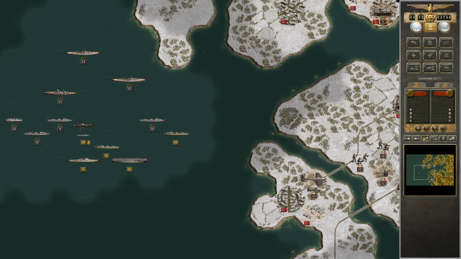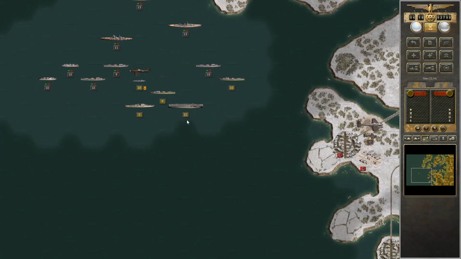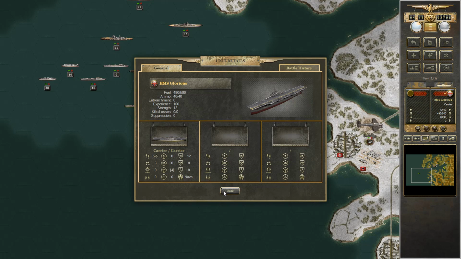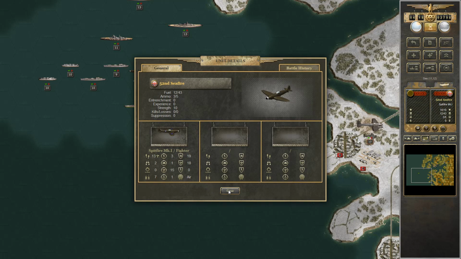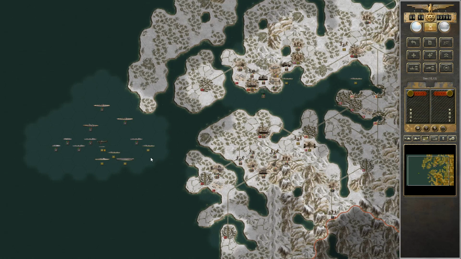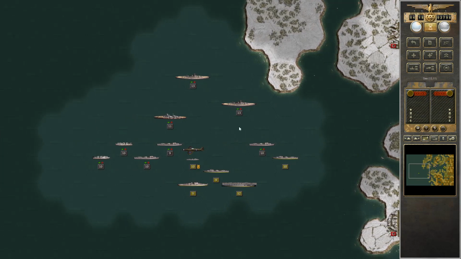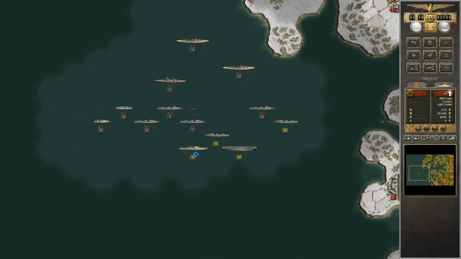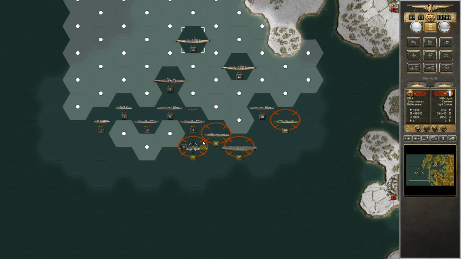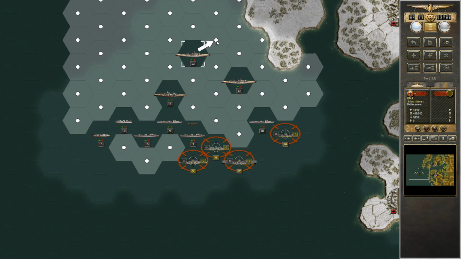Let's see, it has 12 fuel. If I destroy it or destroy the carrier now, it will not be able to refuel. And it will pretty much just crash into the sea, I think. 12 is 1, 2, 3, 4, 5, 6, 7, 8, 9, 10, 11, 12. Yeah, then I just need to make sure that my air units are on this side. And then I should be fine. Now, I did have a 5 range. You have a range of 4. Don't know why it...